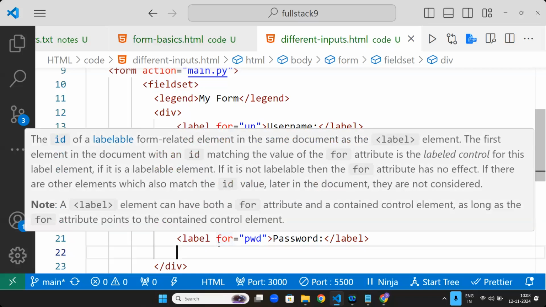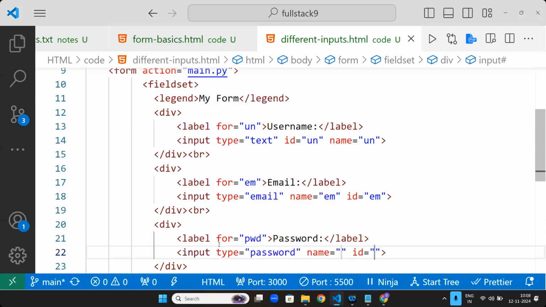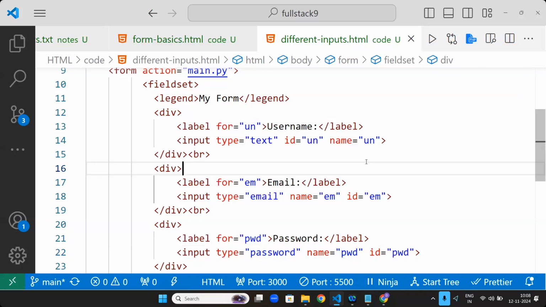Password. Now next, sir. Input. If you put input colon, password. Then write here name PWD and ID PWD.